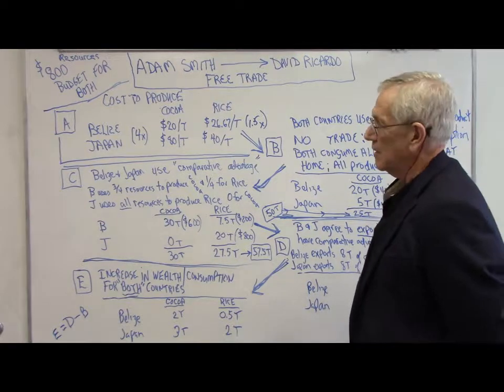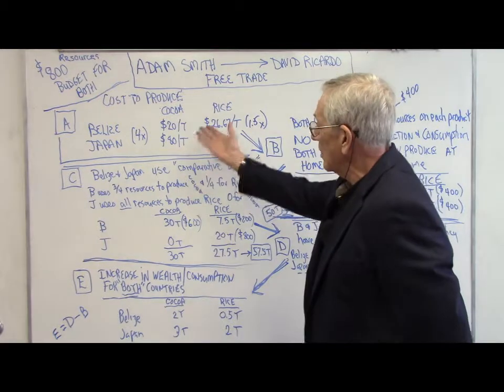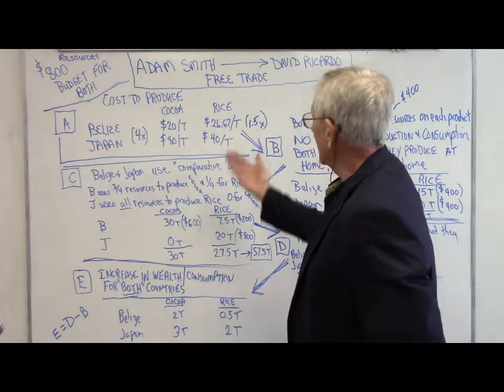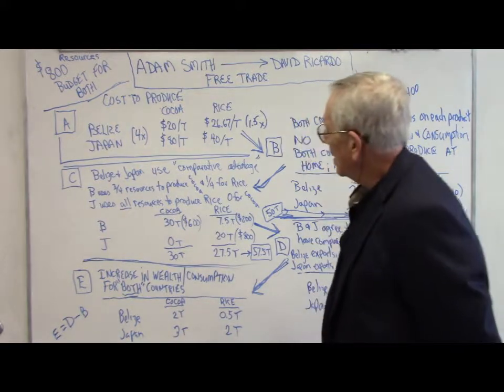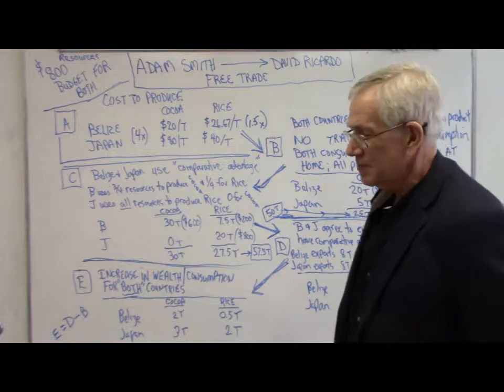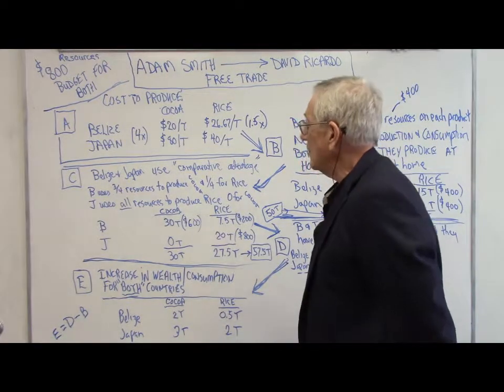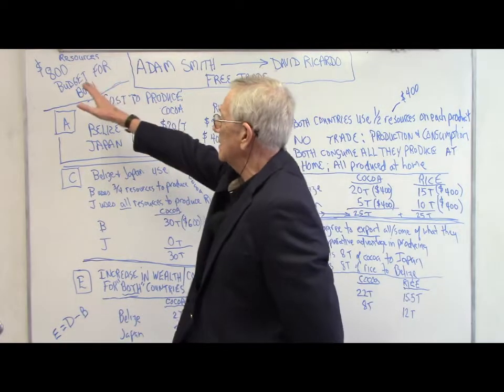I just picked two at random. There's no significance to the countries that I picked. I don't know, Japan probably produces some rice, but I just said cocoa and rice. Okay, and it's Belize and Japan that are the two countries. Now let's figure out, first of all, let me say basically,